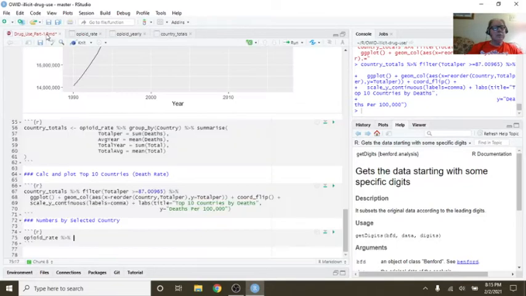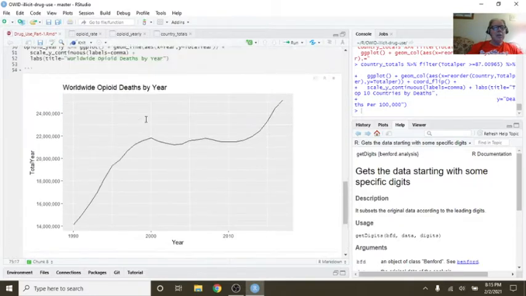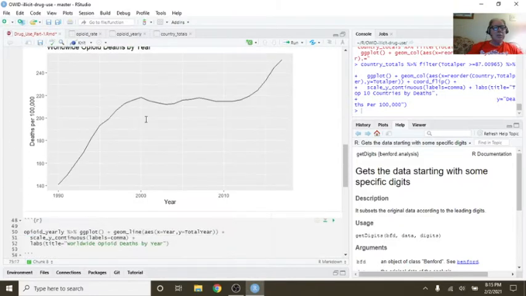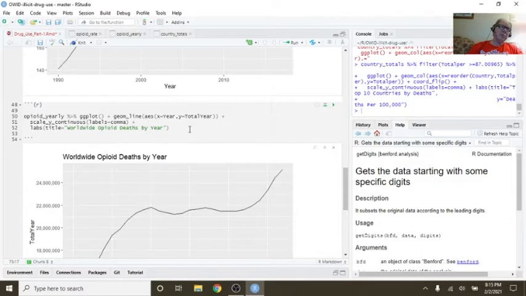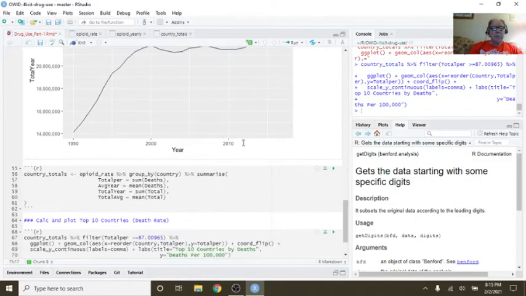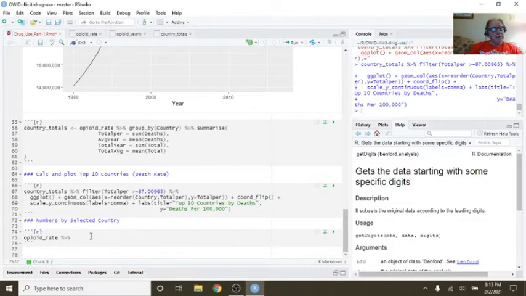Let's do this. What we're going to have to do down here is opium rate.